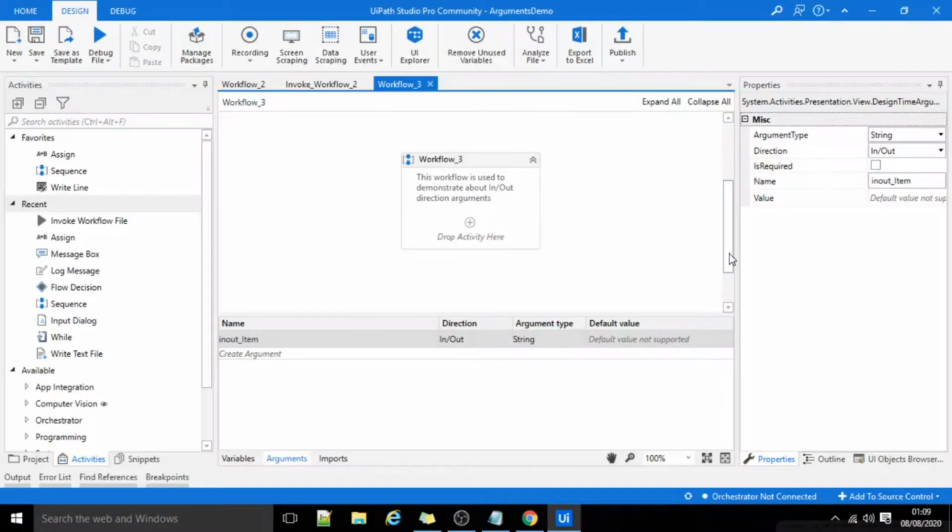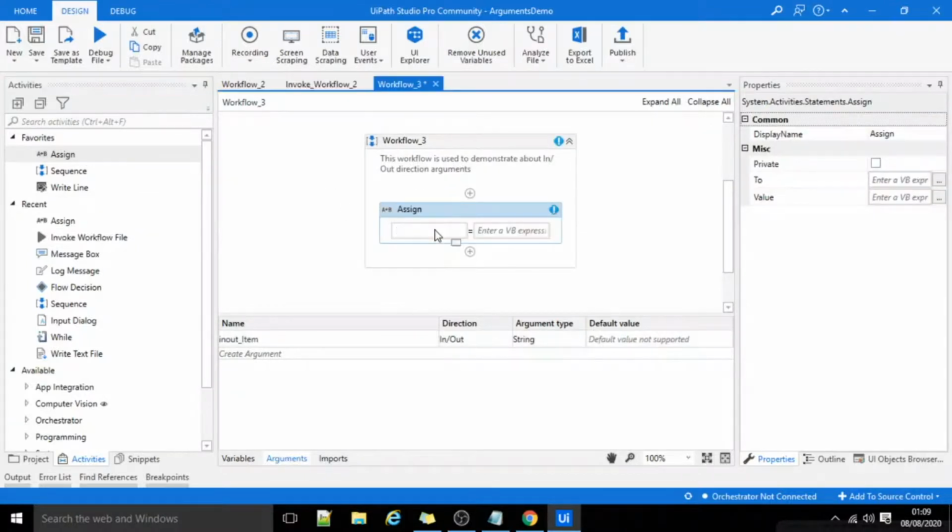This workflow can further modify or process that value and will return the same value to the workflow that will call this workflow. Let me modify this value. I'll use the Assign activity. Let me provide some text value to this as Civic car.